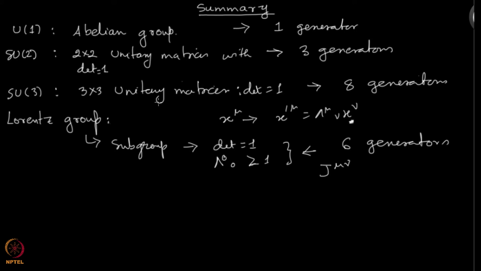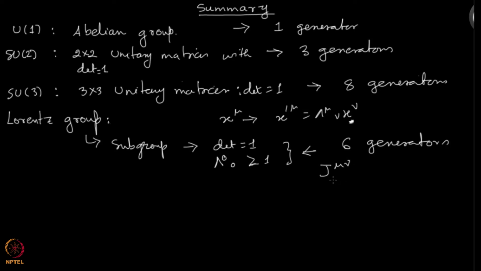And also recall that we started this entire thing by looking at the Lorentz group, which is basically a set of transformations which are given by this. So, if you start with x^mu and go to x'^mu, the transformation is through these matrices Lambda. And we also learned that this group, the Lorentz group, has a subgroup which is the set of all elements which have determinant 1 and the Lambda_00 element greater than 1. And you saw that it has 6 generators.